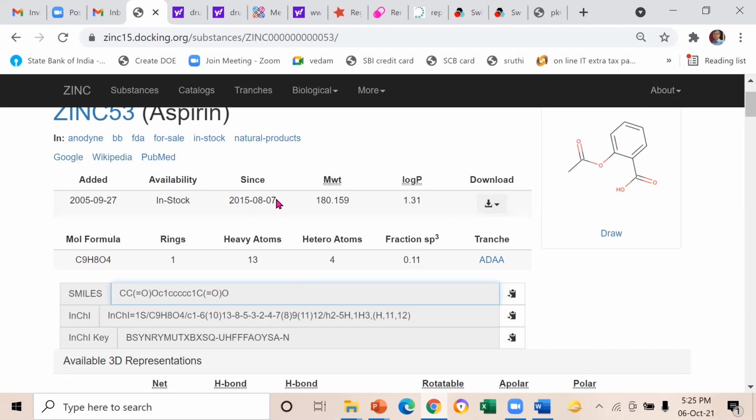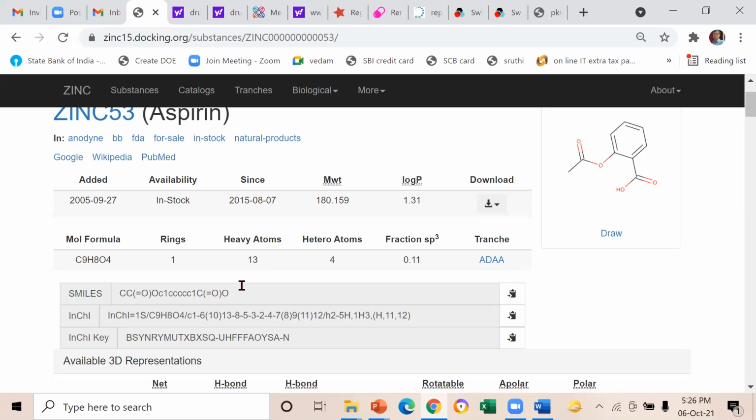You don't have to remember, because software will automatically calculate it, but it's good to understand this. So two capital C's represent this carbon and this carbon, and this double bond O in brackets means there is a branch of double bond O, and then this capital O is this one, and then there are six small c's with 1 and 1, so it's a closed aromatic ring. Then you have one capital C and then capital O, and there is a double bond O in a branch here. This is what SMILES is.